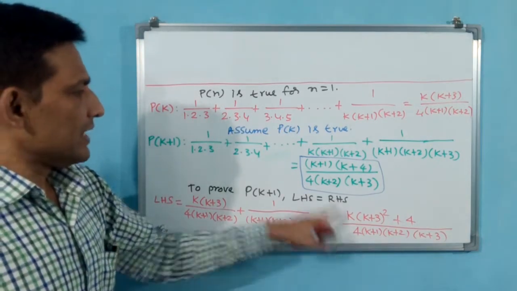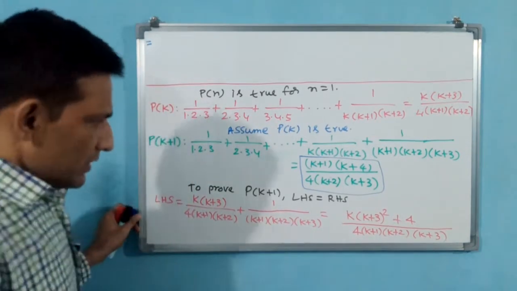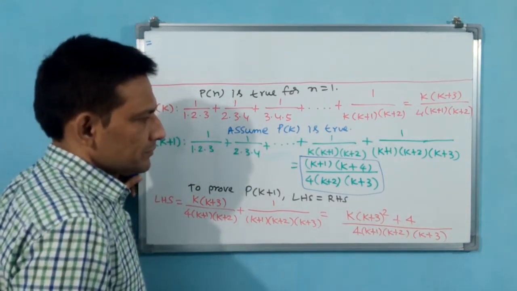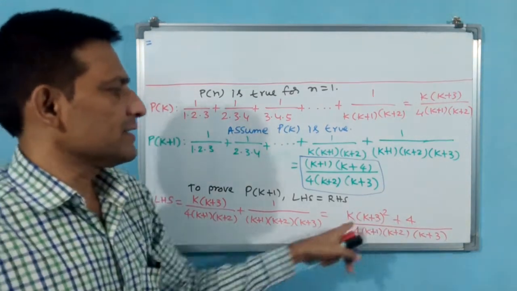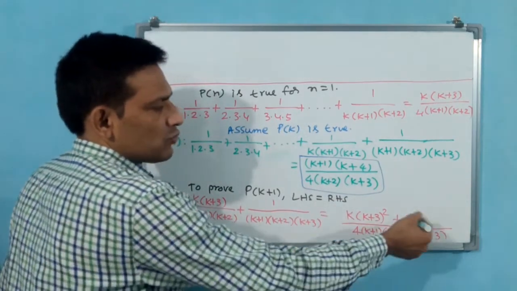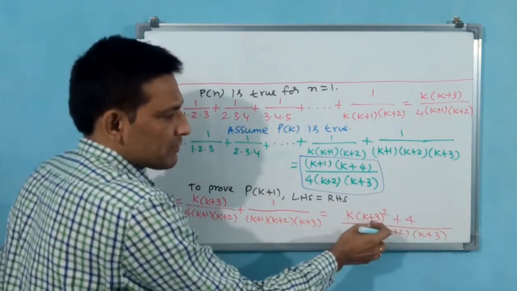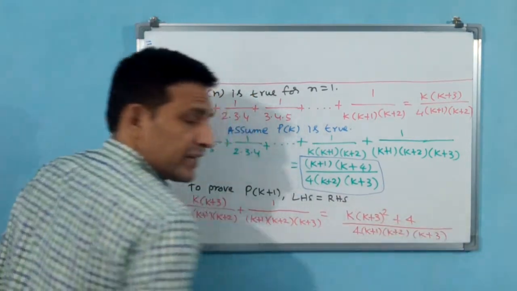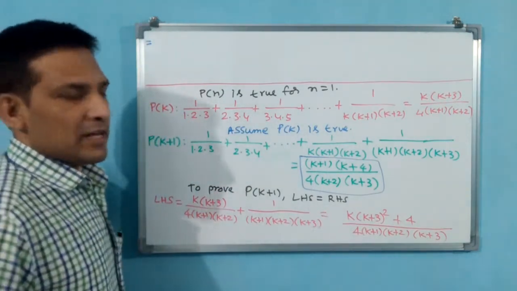See, let us continue. This LHS only you have to modify further. That is equal to. See, you don't have any other option rather than expanding. You have to expand. Why? Because see here nothing is common. You expand first. Let us see after expansion, any k plus 2 square, k plus 3 square, k plus 1 square comes finally. Now even though k plus 3 is there, you cannot take common and cancel out. After simplification, if any common item has come, then we can cancel out. Okay, let us do. We don't have any other option.